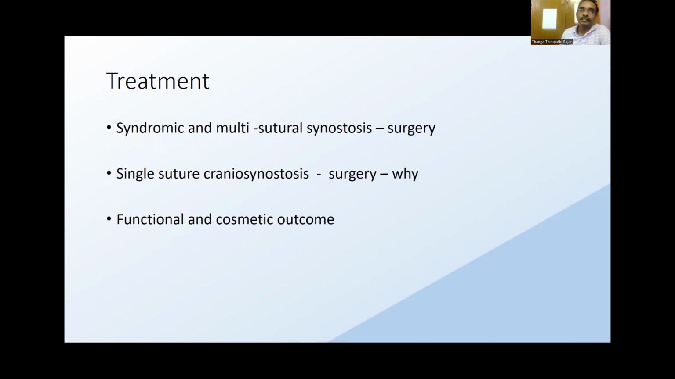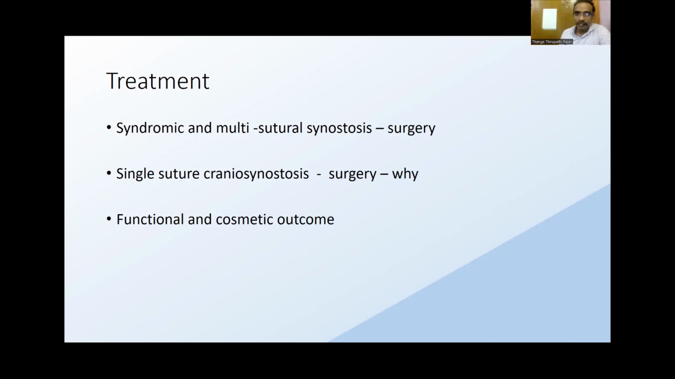This is a progressive cosmetic disfigurement. It's not just a static disfigurement of the skull. A single suture craniosynostosis over a child's growth descends and causes disfigurement of the face also. It's not just cranial, it's mid-face. Then later it will go to the inferior part of the face. So the whole face undergoes disfigurement, and it has a very negative effect on the psychology and development of the